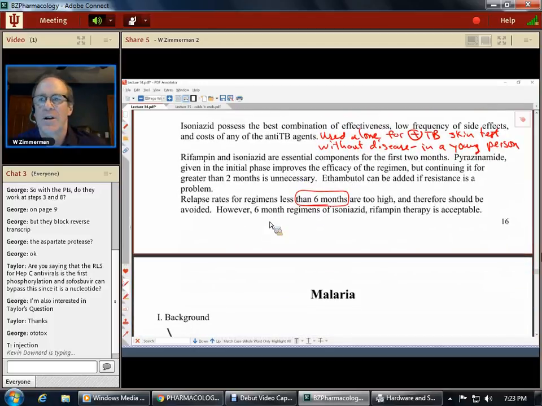Typically, rifampin and isoniazid are used for the first 2 months. You have to break the person in. You have to induce them. You have to get that